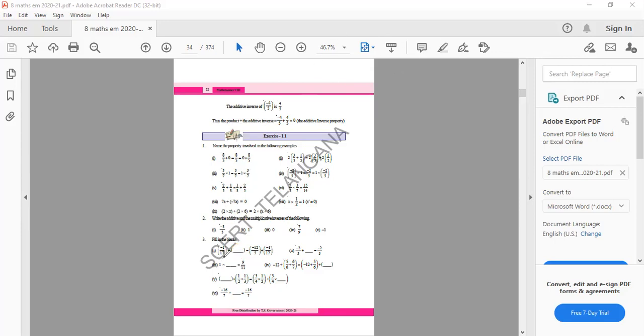Okay, this is a plus b is equal to b plus a. It's already a property available. A plus b is equal to b plus a. Here already minus 1 by 17 is available. This part is not available. Can I write here minus 12 by 5? Yeah, like this you need to fill it out. Okay.